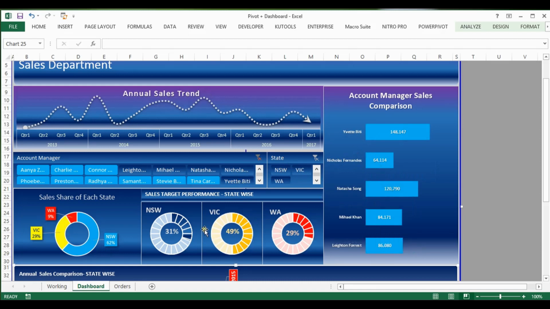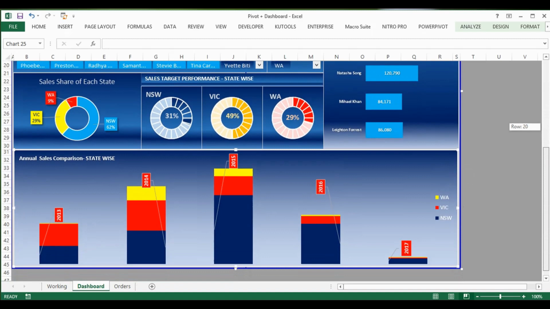Now you can see the difference. The data is being shown for each of the states with respect to the relevant salespersons, the growth by those salespersons towards the company revenue,